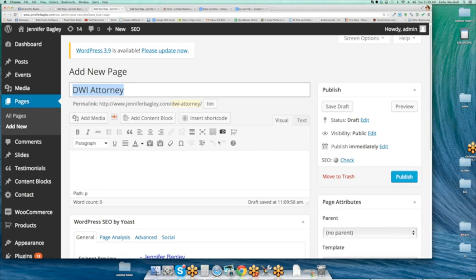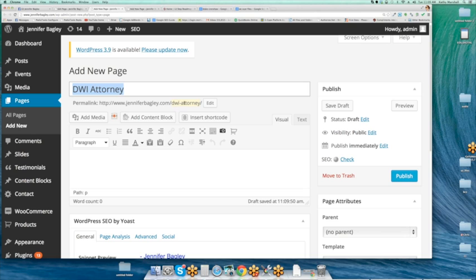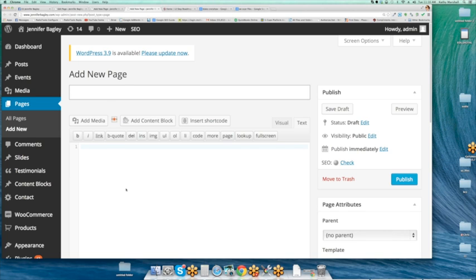And the very first thing I'm going to do, notice as soon as I paused just long enough, it started to create what's called a permalink. What I do not want to see in this permalink, I do not want to see,